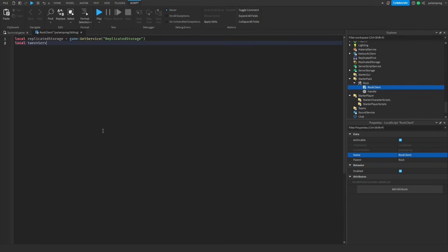So local TweenService is equal to game:GetService("TweenService"). And then what I'm going to do is get the player. So local player is equal to game.Players.LocalPlayer. So we got the player. Now we need to get the player's character. So I'm going to create another variable called character. So local character is equal to